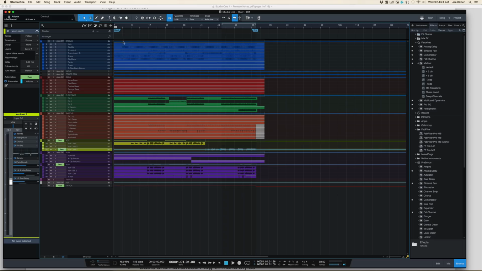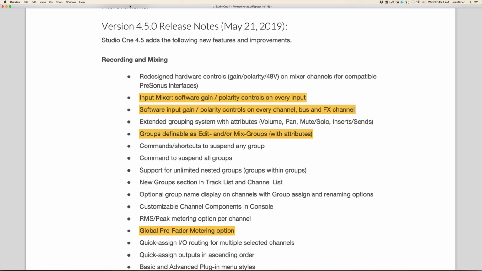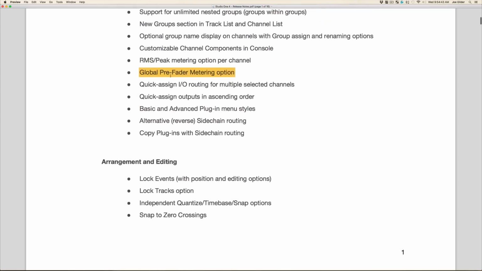So what I'm going to do is just show you some of the features that they've added that I think are cool and will actually make a difference and apply to me and my use of Studio One. This will not be an exhaustive video because I feel like exhaustive videos aren't really helpful for anyone. I'd rather show you the practical stuff that actually applies to me. And if you want to dive in, you can always download the release notes and read every single thing they